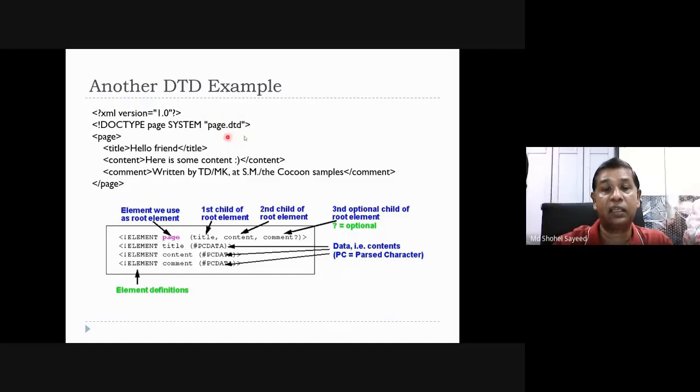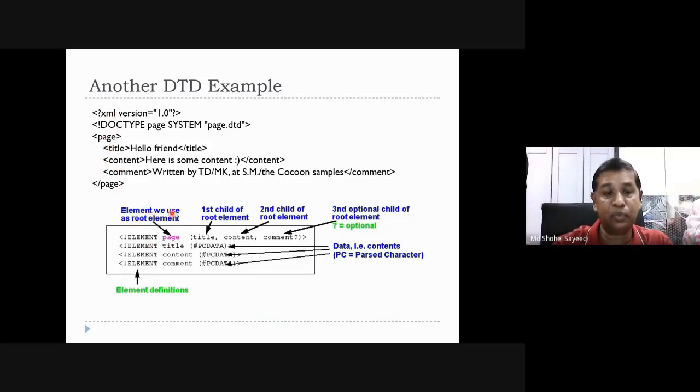Now this is the page, the root element, with start tag and end tag, and title, content, and comment are the sub elements. Look here. This is the definition given inside the DTD. Based on these definitions, we are going to write the code in XML.